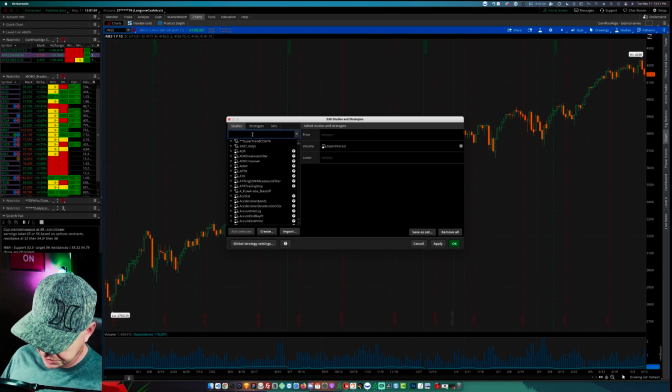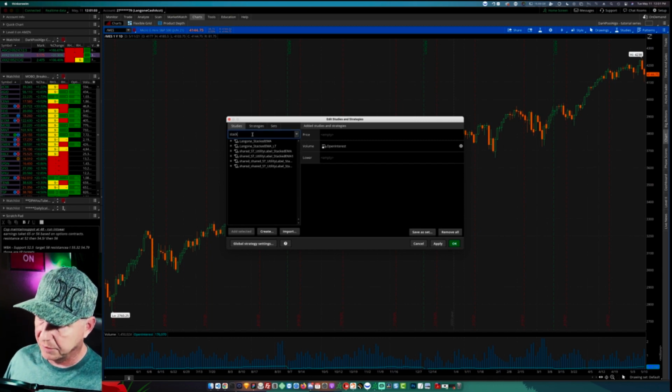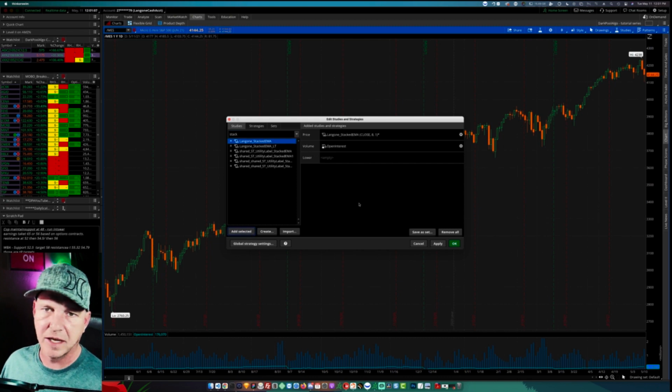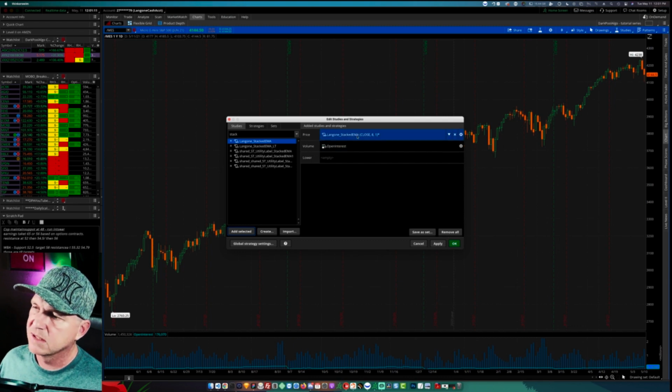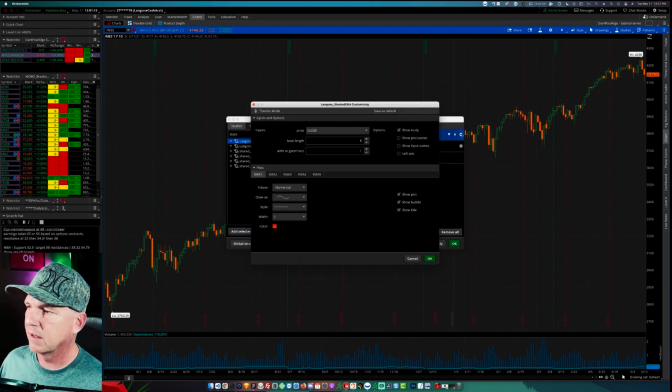You're going to want to search for, I'm going to label these stacked EMAs. I'll share that in the description below so everybody has access to it. Once the study is added to the screen, you want to click on the little gear icon. What we're doing is we're checking the price at the close, our base length is the 8 EMA,